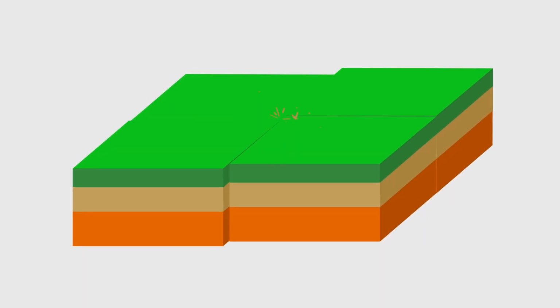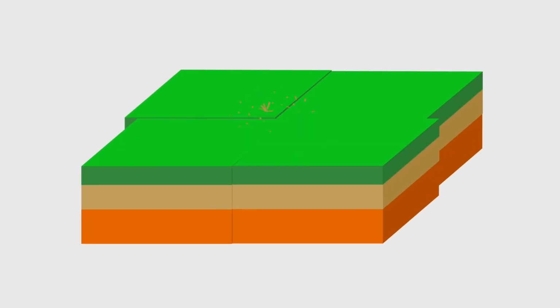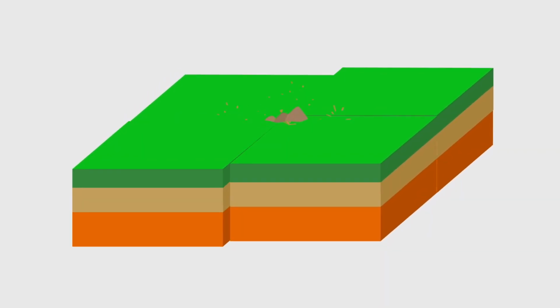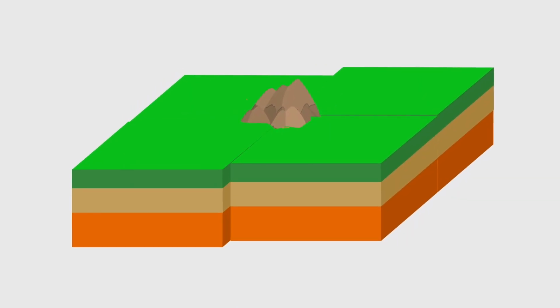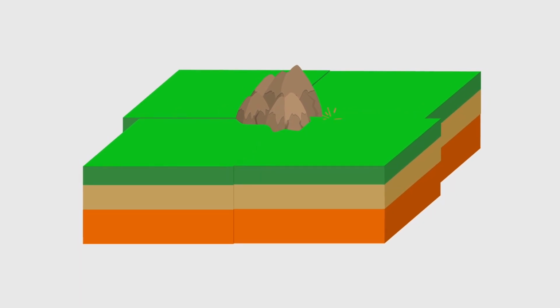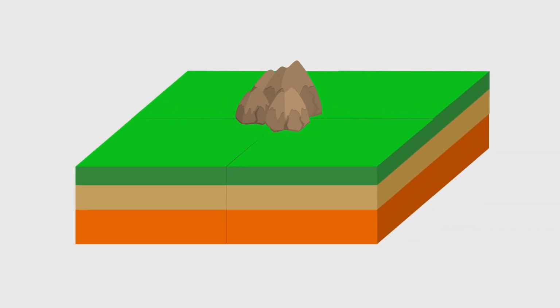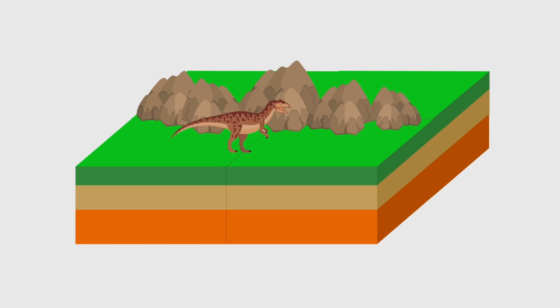Mountains are formed when pieces of the Earth's crust, called tectonic plates, smash against each other. When the plates smash together, the crash forces the land to rise. The plates will continue to smash into each other, and eventually a mountain will rise once enough rock has risen. Since the Earth's tectonic plates are so big, the crash won't just result in one mountain, but a whole range of mountains. But this process does not happen quickly. It can take millions of years for a mountain range to form, because Earth's tectonic plates move very slowly.